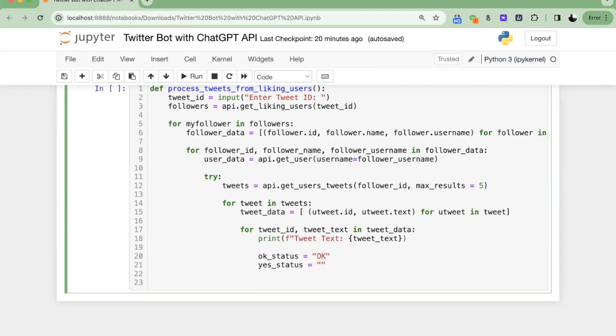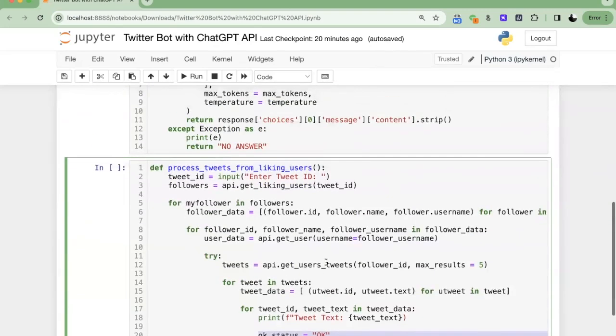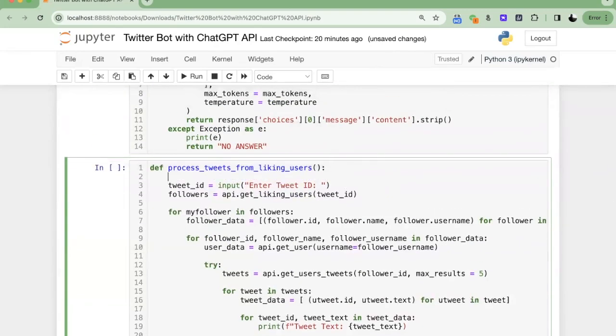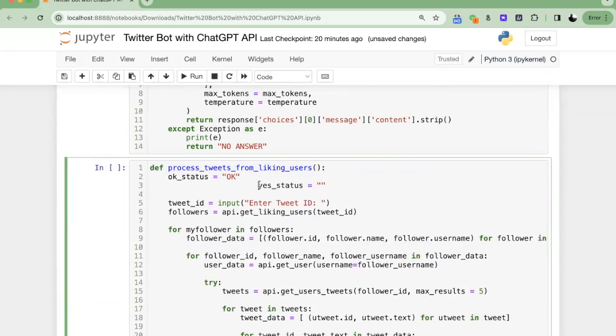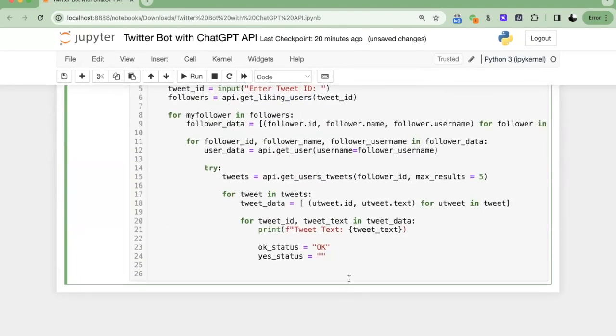Okay, so these are the two statuses which I'll be using, and let me just quickly define them over the top here as well, so that there is no issue of reference before assignment. I'm going to make them None initially. Now you can see that we got this. Now we are going to quickly check back and start tweeting. So what can be done here? We can quickly check if